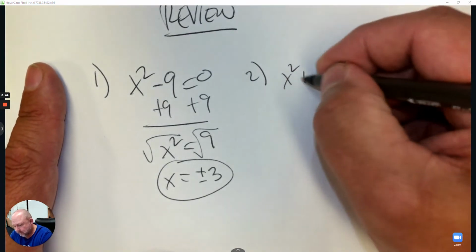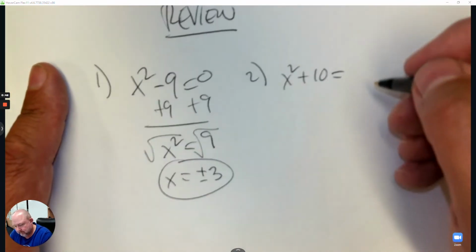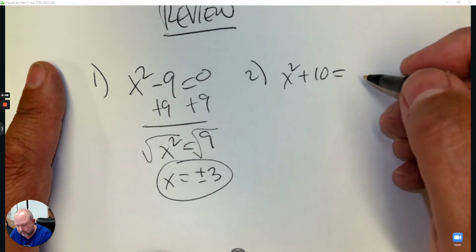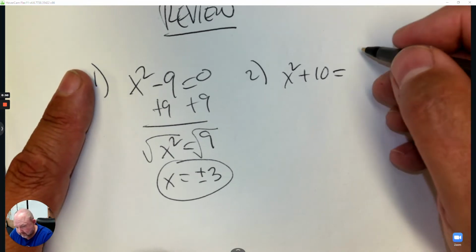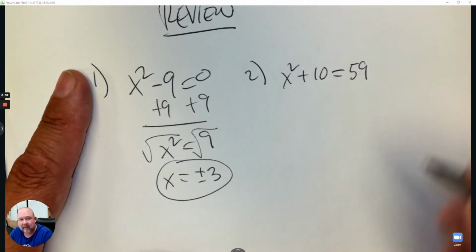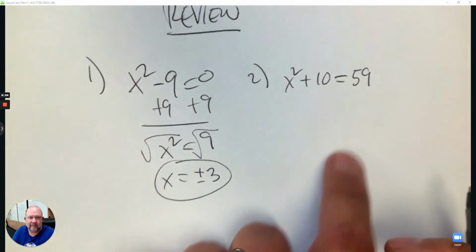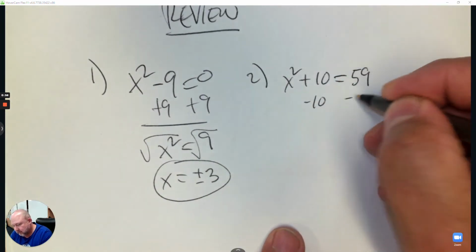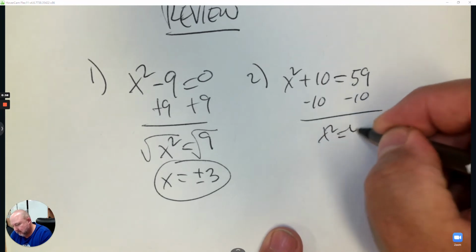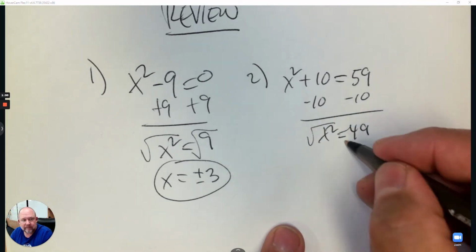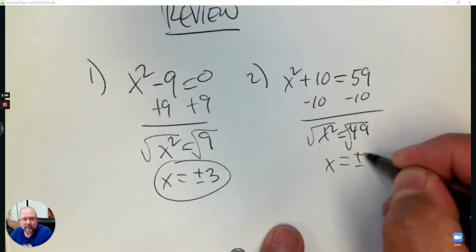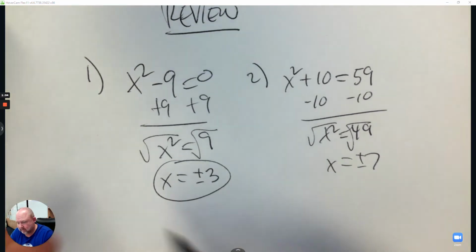Sometimes you see a number here. All right, so sometimes you have to combine like terms. So subtract 10 and then square root. Sometimes